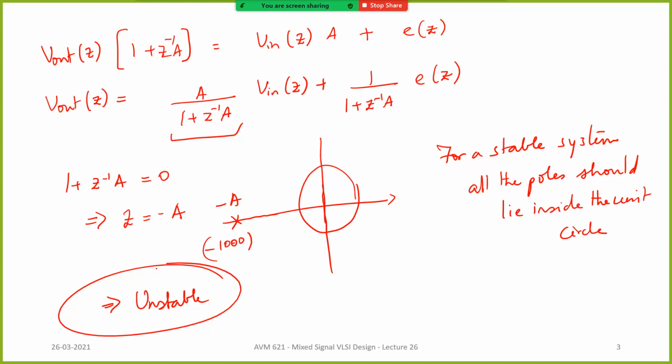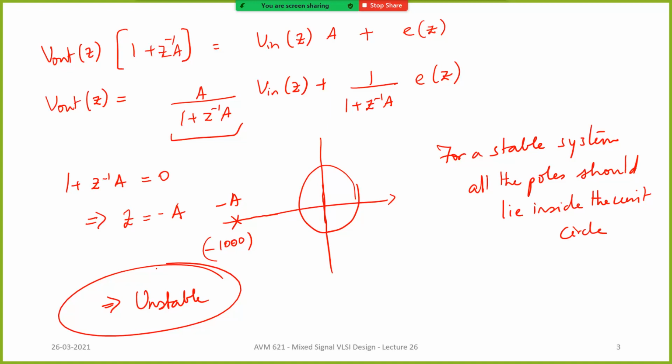Okay. So now you will be like, what are we doing here, right? We thought this is a nice system. You put a feedback loop. We know that a negative feedback loop solves a lot of problems, right? We thought we can do something to the quantization error by putting a feedback loop around it, and we end up with a system which is horribly unstable. Okay, so let us try to do something which will help us make the system stable.